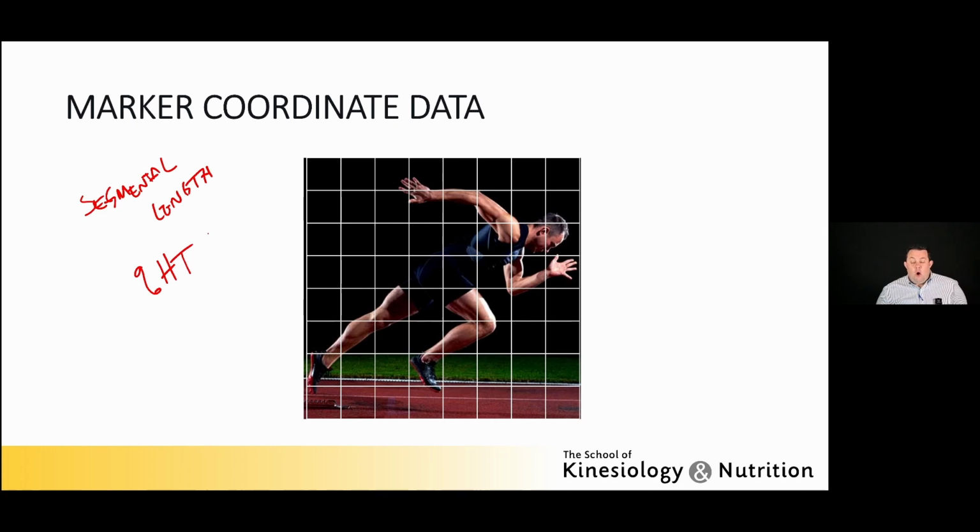Right? So we know, for example, that your forearm is a certain percentage of height. And this is kind of what Dempster would publish. Forearm is, I have to look up on the table. I can show you the whole table, but it's such a percentage of the overall height of the person. You do that over enough people, you can start to get pretty normative data sets. Well, nowadays in the lab, what we do is we use marker coordinate data to determine segmental lengths.